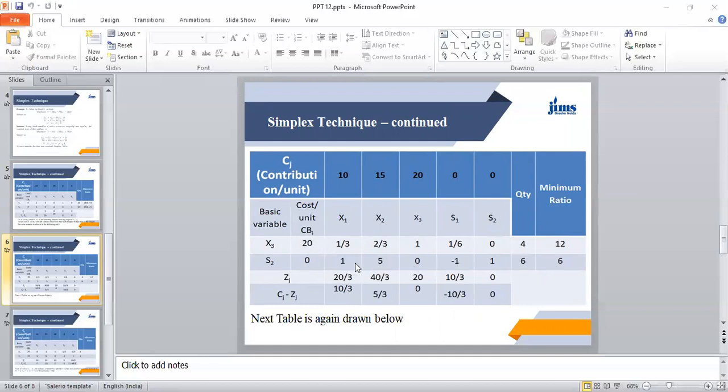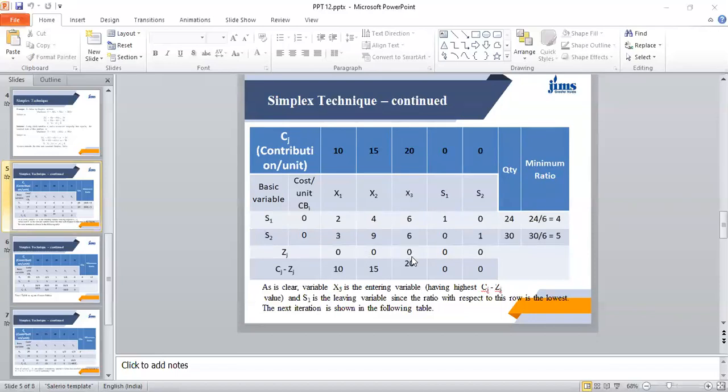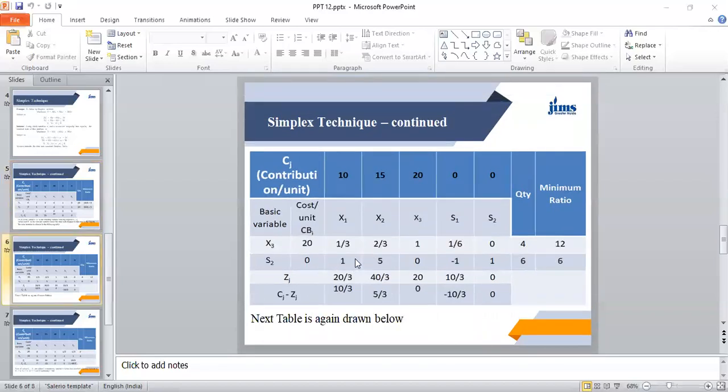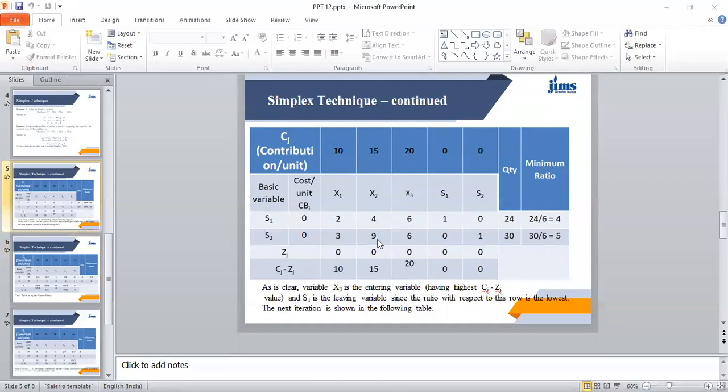In the last class we have already explained how to calculate these values, and the simplest technique is this way. Suppose you have to calculate the values in this column. So you write 3 minus, this is your key column, so 6 into 2 by 6. 6 into 2 is equal to 12 by 6, which is 2. So 3 minus 2, this becomes 1. Similarly, 9 minus 6 into 4 divided by 6. 6 into 4 by 6 is 4. 9 minus 4 is equal to 5.